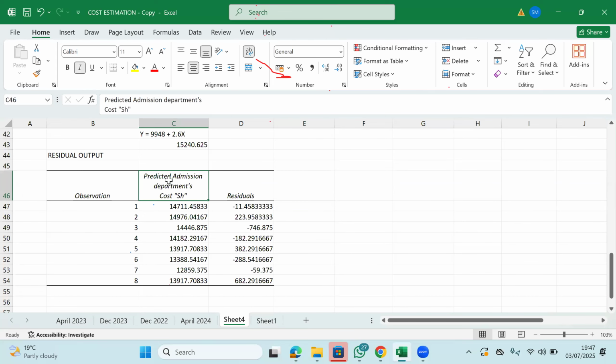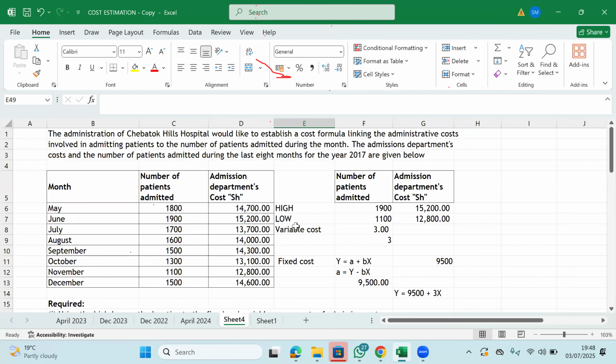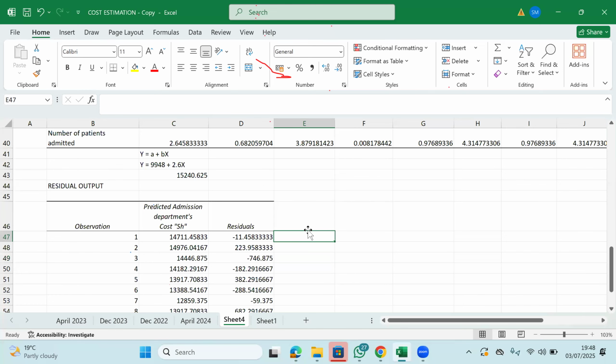Yeah, so in my residual output, it's basically talking about that predicted admin department cost. And basically the predicted admin department cost is coming from the model, or rather the linear function that we so far have. Meaning it's like recomputing what would be the cost of admitting 1,800 patients, but as per the linear function that we have. Say, for example, if you want to test the first one,